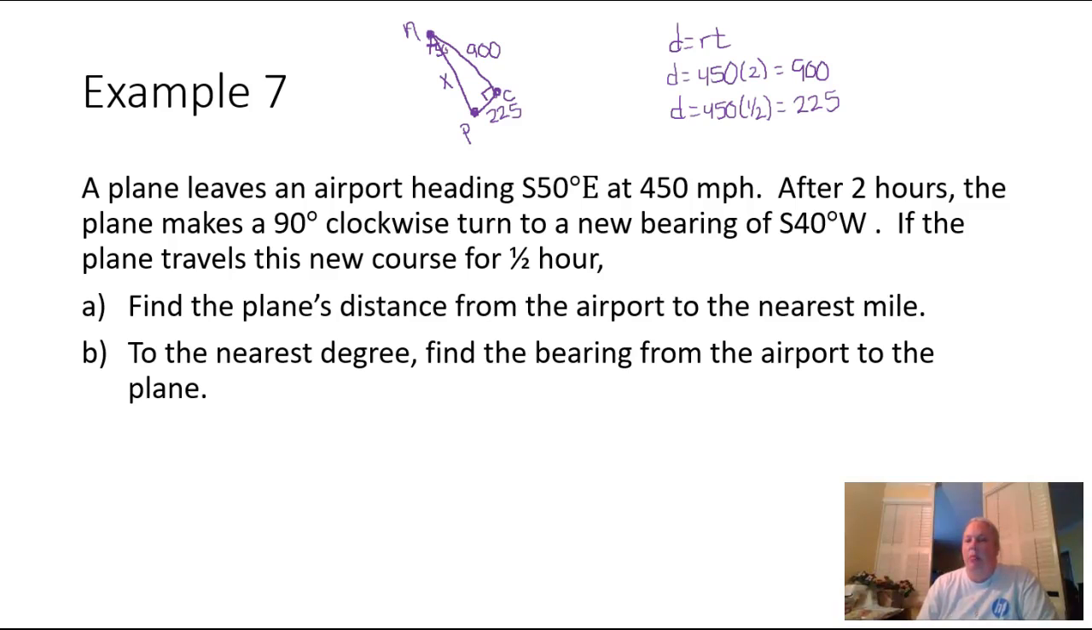So this looks like a classic Pythagorean theorem problem. I have a right triangle. I'm looking for the hypotenuse, and I know the two sides. So we can say that A squared plus B squared is equal to C squared. All right, so let's see, 900 squared, that's going to give us 810,000. All right, and 225 squared is going to give us